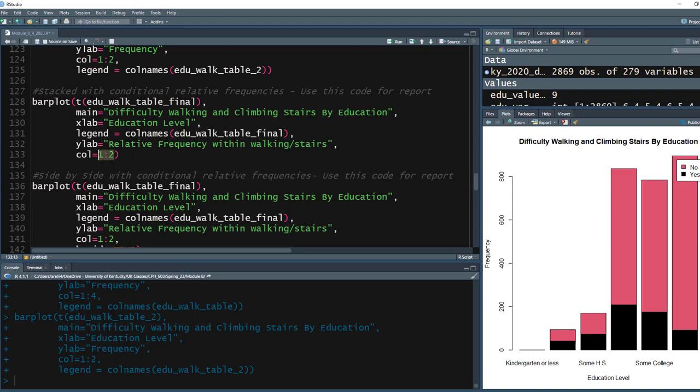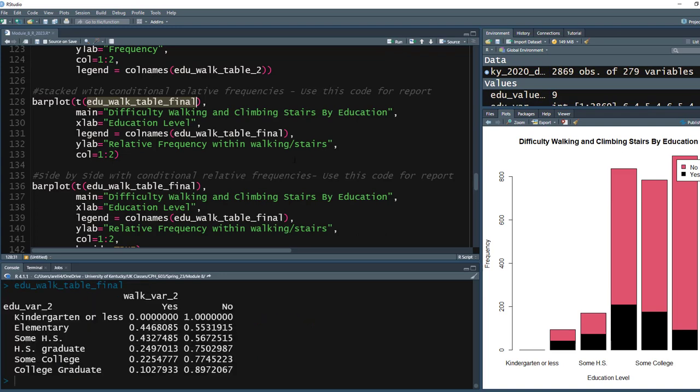The colors, this is going to be dependent on how many levels you have in this table. So again, looking at this table, I can see that I have 2 levels for the columns, so I've got 1 to 2. However many columns you have in this table, you want 1 colon that number. And then your ylab is going to be relative frequency within, and here it's really within education. So again, this is going to be fixed on the file that you download. So now if we run this,